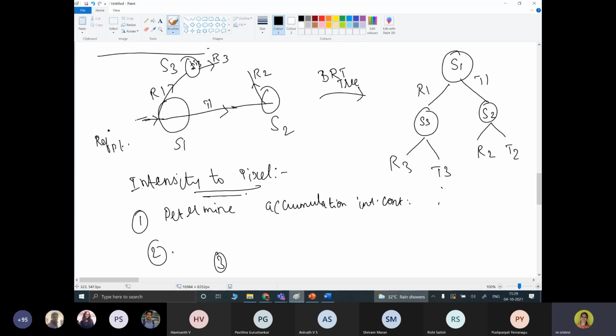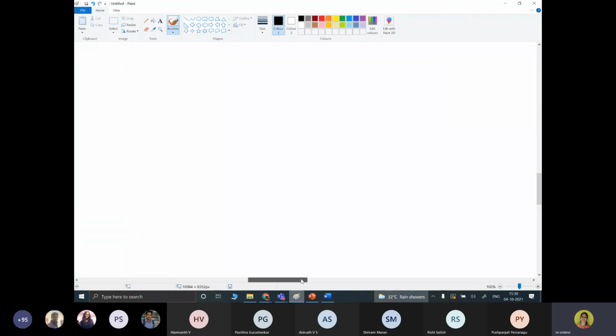One more concept is that surface detail should be included. There are different surface detail models available. We will discuss those models, and finally with the help of these you will be able to generate good 3D rendered objects. First, there are different maps we are going to discuss.